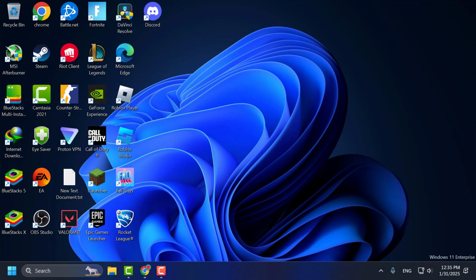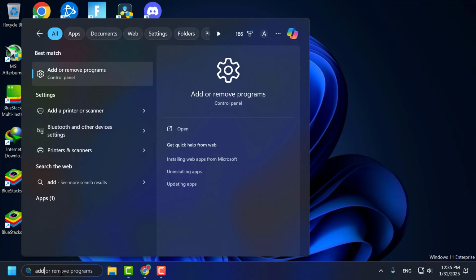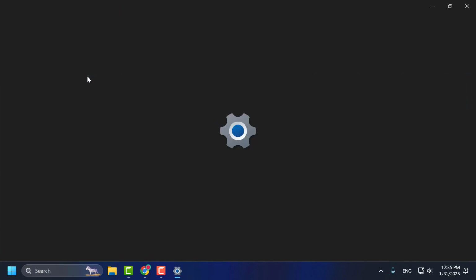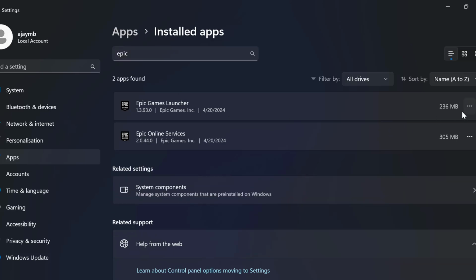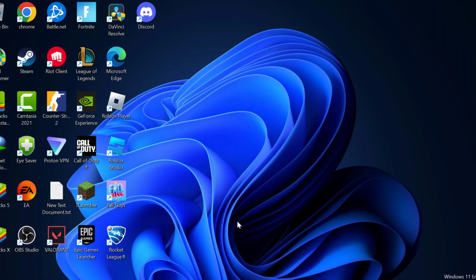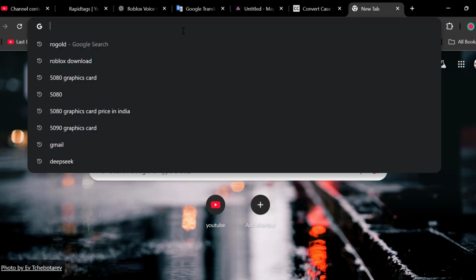If not, method 2, you just need to go to search menu and type add or remove programs. Click on open it. Search Epic Games. Click on the three dot icon and select uninstall. After uninstalling Epic Games Launcher and Epic Games Online Service, you just need to open up browser and search Epic